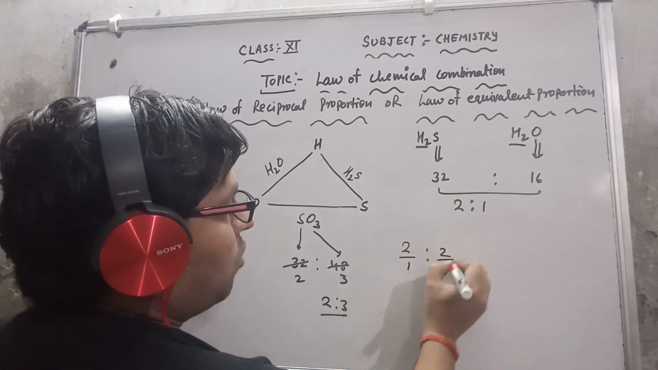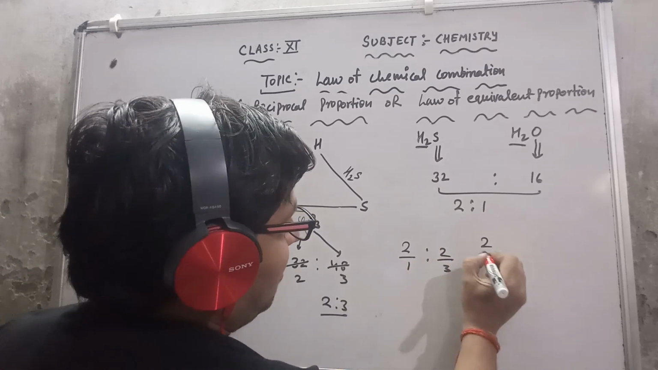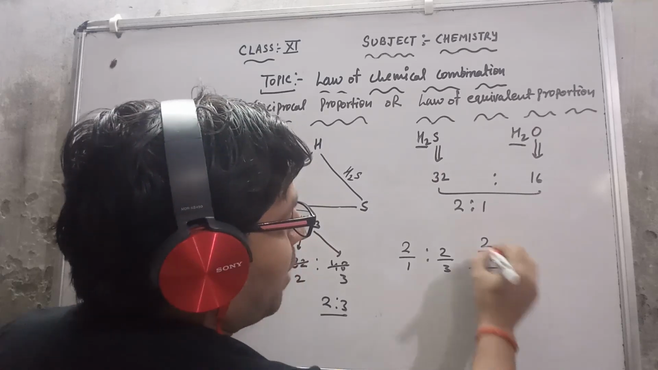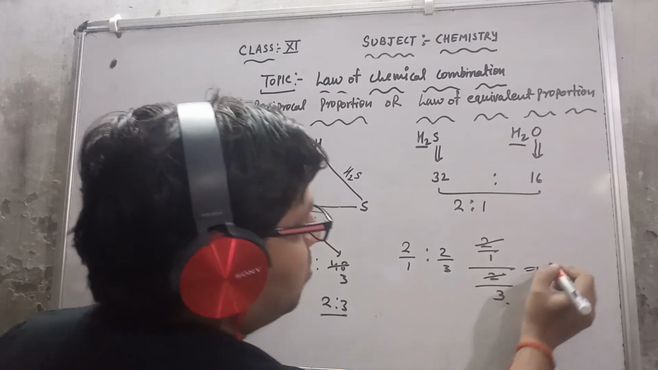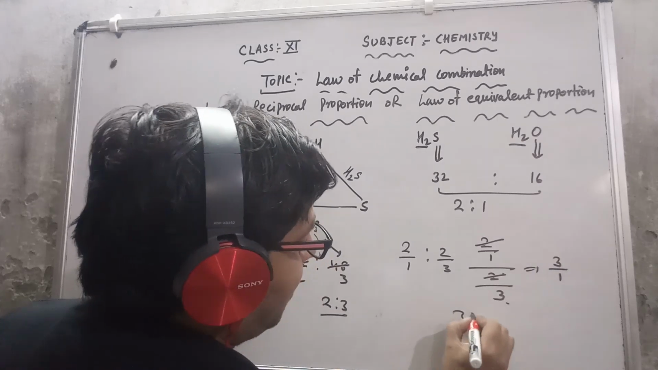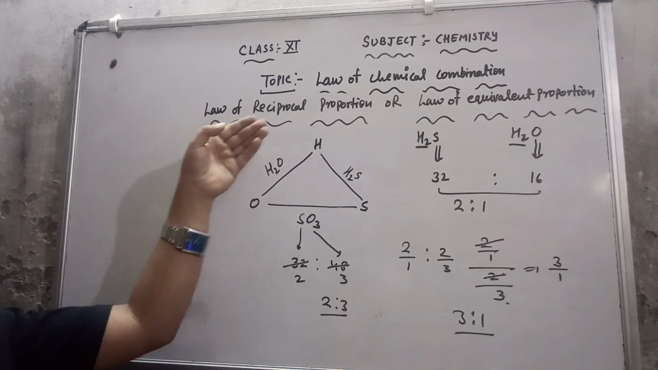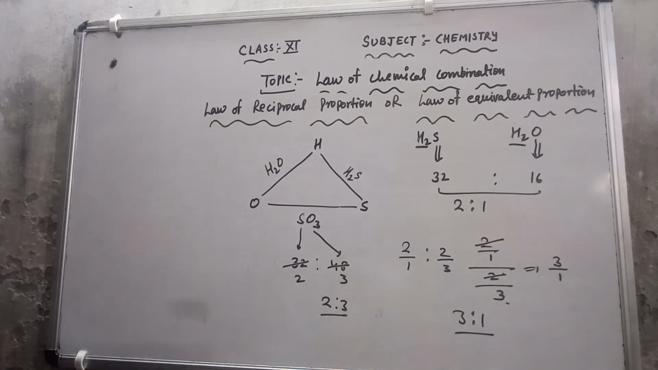2/1 ratio 2/3. Or I can write 2/1 upon 2/3. The 2s cancel, and 3 will go on top. So 3/1, I can say 3:1. This is a simple multiple of each other. So that is the law of reciprocal proportion of mass, or I can say that this is the law of equivalent proportion. After this, one more law is there, that is Gay-Lussac's law of combining volume, that I will